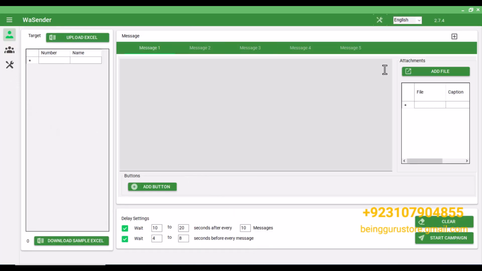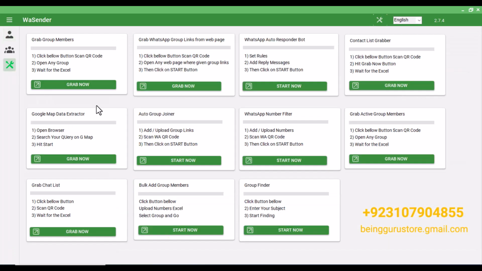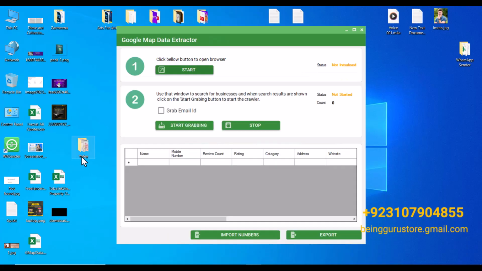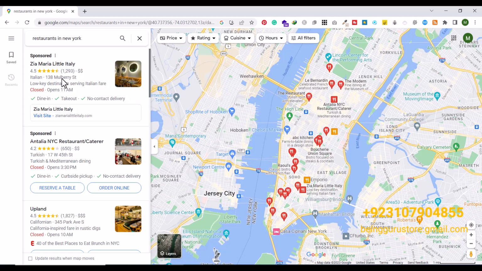You have to open this tool and then go to settings here, and here you see Google Map Data Extractor. Click grab data, and first you have to initiate. When you click, you have to write down your query, and for example our query was